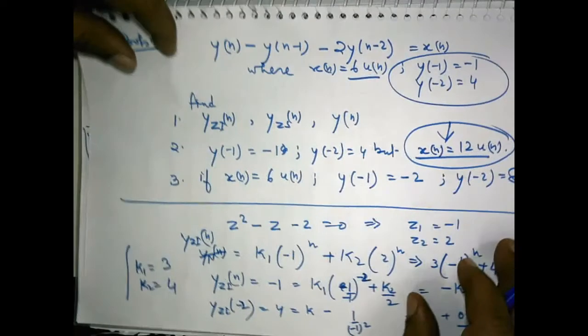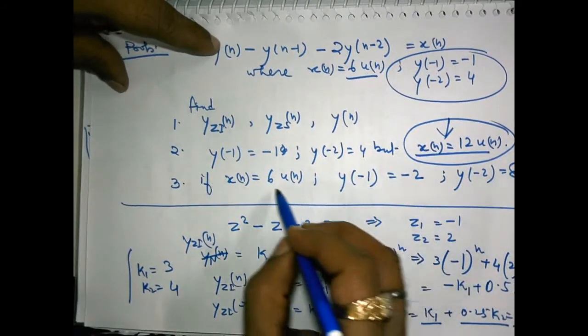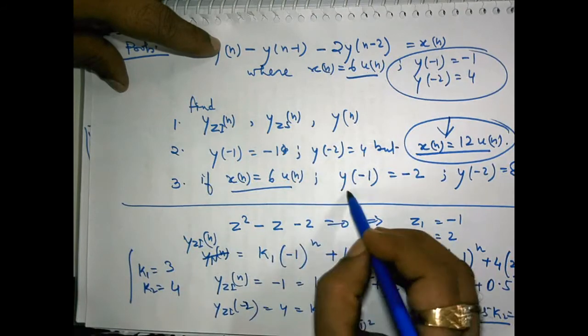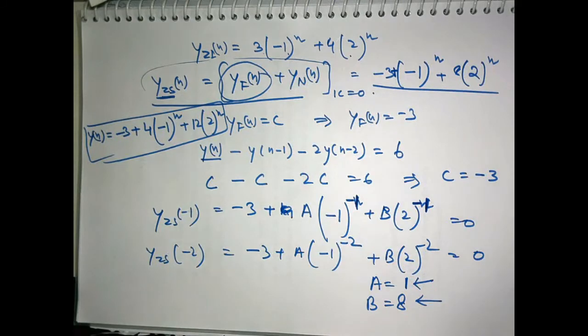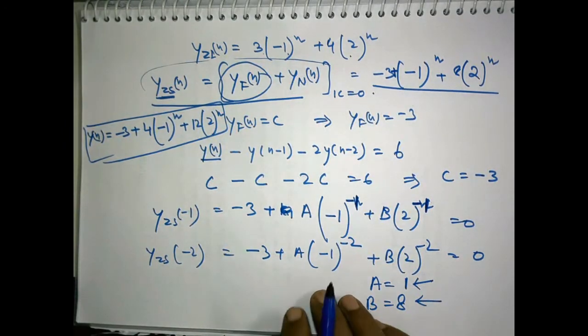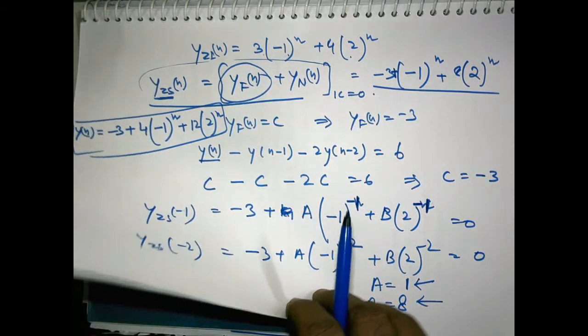And in the second form, your input is the same, but the initial condition is 2 times the previous initial condition. So this is going to change your natural response. Your natural response will be obtained 2 times the earlier one. So this also verifies the law of linearity and superposition in these two responses.